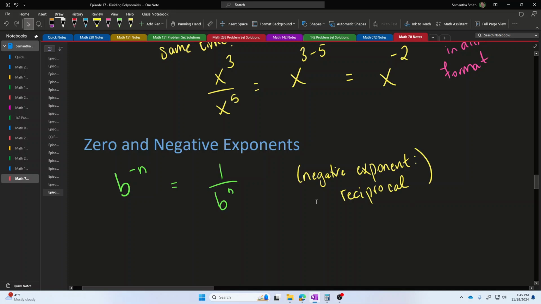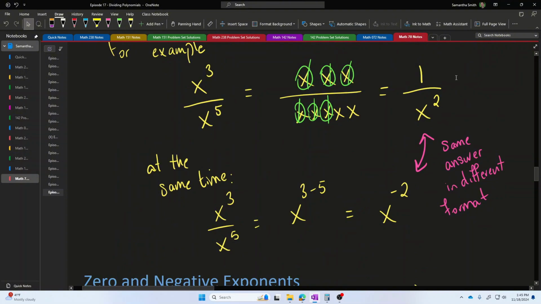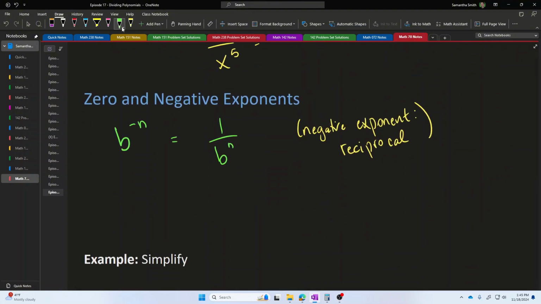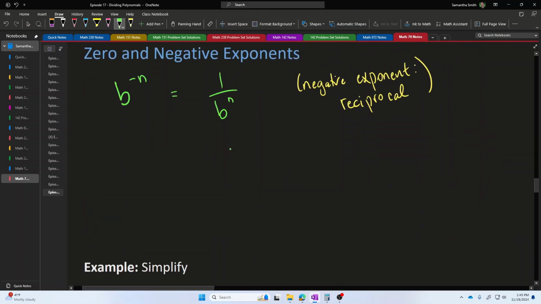So now we understand the meaning of positive exponents as repeated multiplication and of negative exponents being essentially repeated division, dividing by several copies of x. But there's one kind of exponent we haven't talked about yet, which is what if the exponent is not negative or positive? What if the exponent is exactly 0? If you raise a number to the power 0, the result of that is always equal to exactly 1.